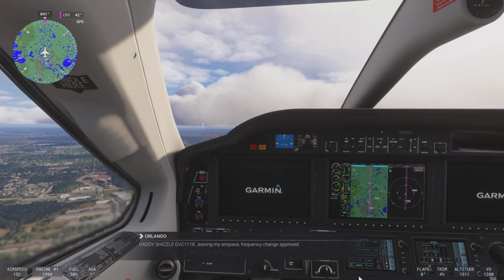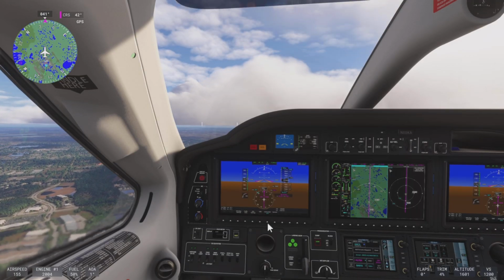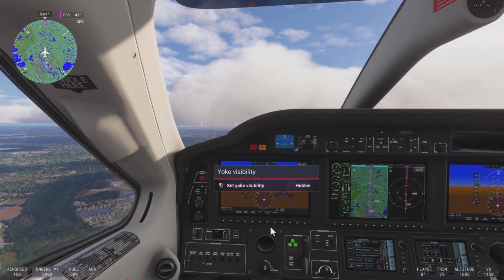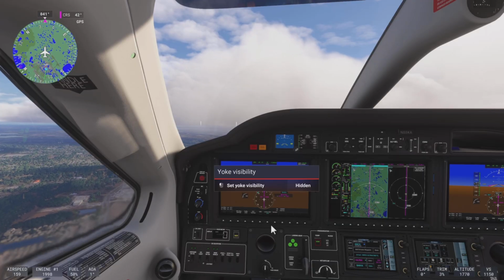Dowdy Shizzle Golf Victor Charlie 1118. Leaving my airspace. Frequency change approved. Okay, 122.85 United 5. so now what I'm going to do is I'm going to fast forward until we get to